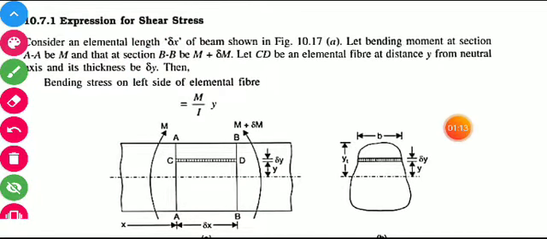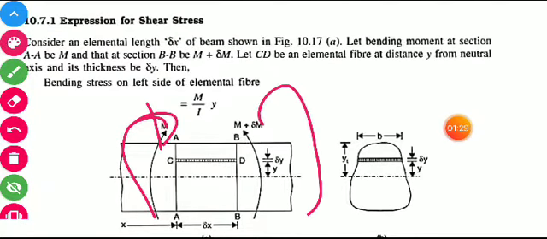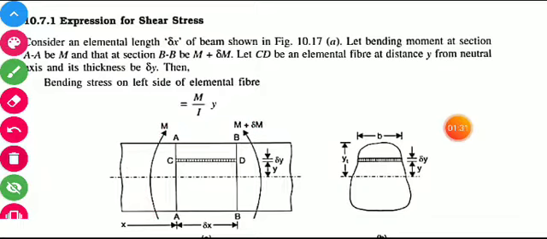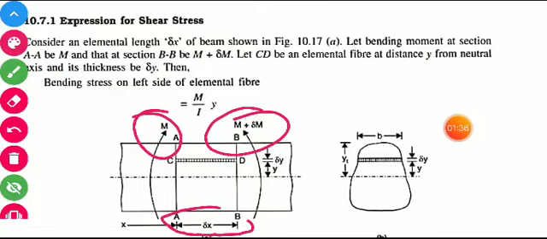Now we know that at one end of the particular section, the moment developed at the section is M, and when we consider the sagging moment, then the equal and opposite moment is M plus del M. So here is the moment M, and due to this del x length, the moment generated here is M plus del M. Del M is some small elementary moment.